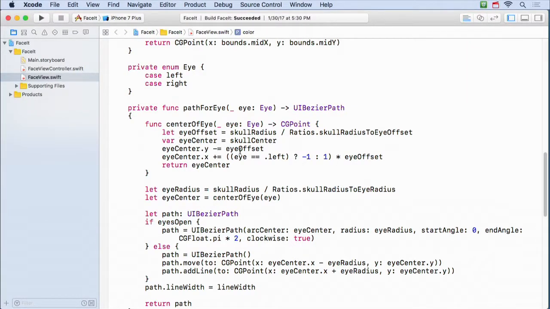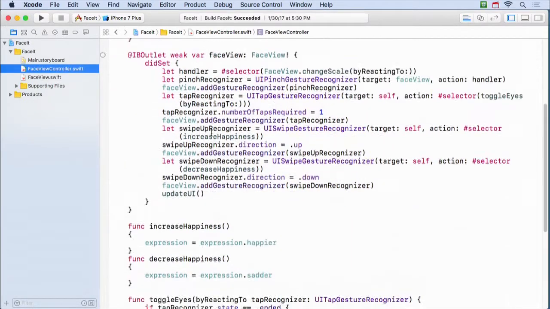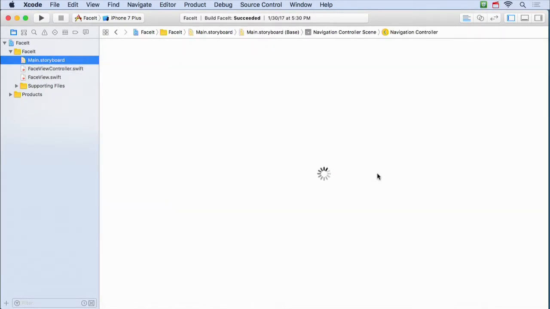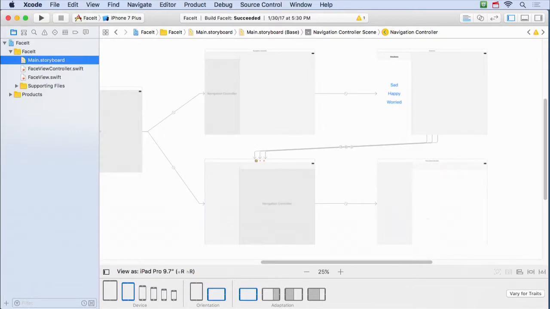Here it is. All right, so here is our face view now. The thing about the blinking, I want to show you this again because it's so important. I'm going to actually put this blinking code in a separate view controller, which is a subclass of the other one. So we have this existing face view controller right here. That's the thing that controls this MVC right here, where this face is. It's loading up the face right now. And so I could just put this code in face view controller, but just to show you again this thing of subclassing another MVC to make one, I'm going to create a new view controller called blinking face view controller. I'm going to put all my blinking code into that.